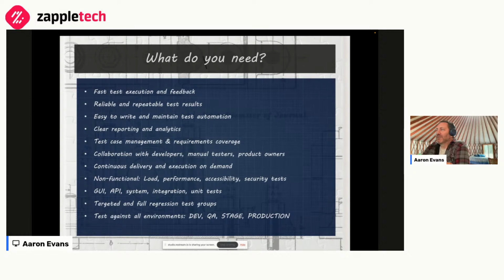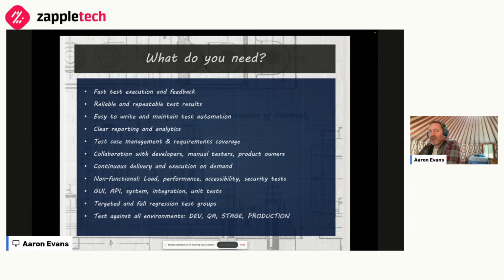I've been in many situations, and don't laugh, Stephanie, where the tester has to look through the test report to tell the manager what it means. That's a failure of reporting. And if a report is not allowing you to understand what's happening or to make actionable decisions, well, that's something we need to consider as well. And when I talk about reporting and analytics, I usually think of reporting as what happened, and analytics is what can I learn from what happened over time. So looking at multiple test reports.